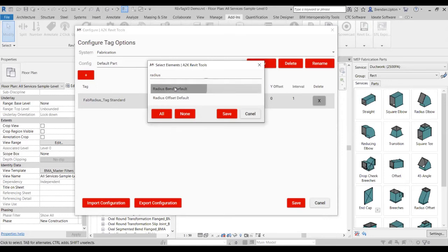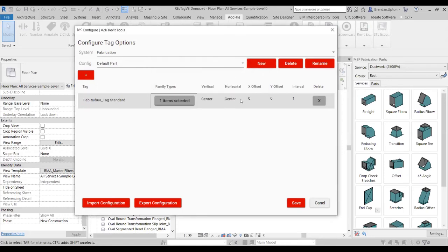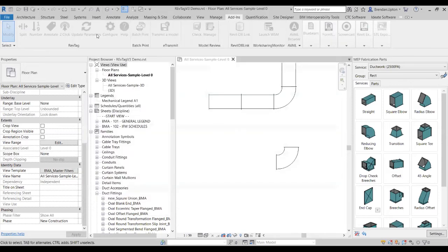So radius bend default, I believe, is the one I want. I'll just leave the positioning centered at the moment, but obviously I can put some offsets on that if I wanted to, in terms of where I want it to position. If I now save that, okay,